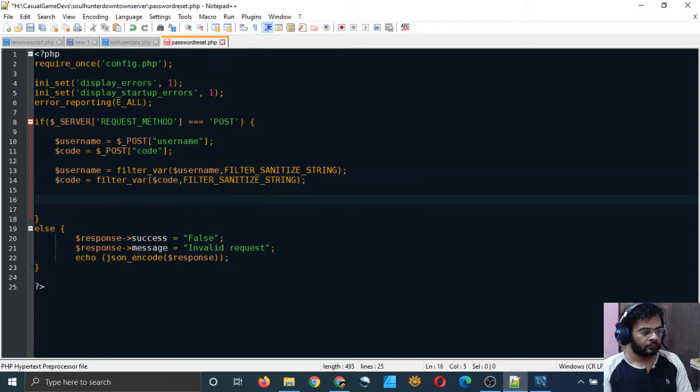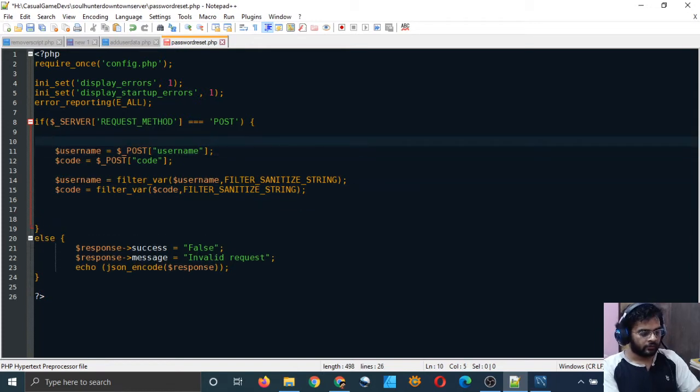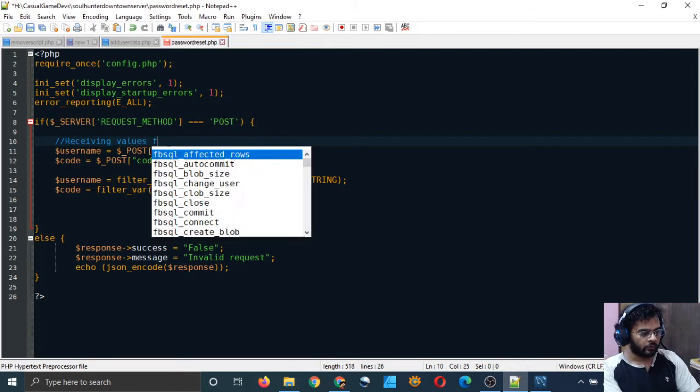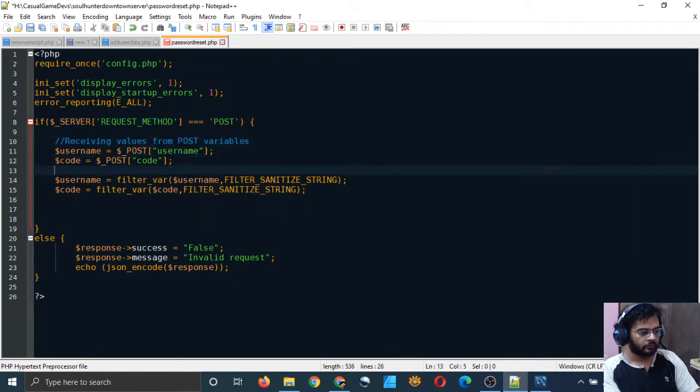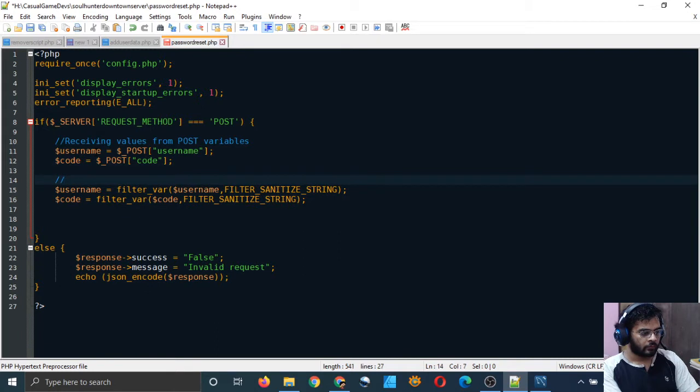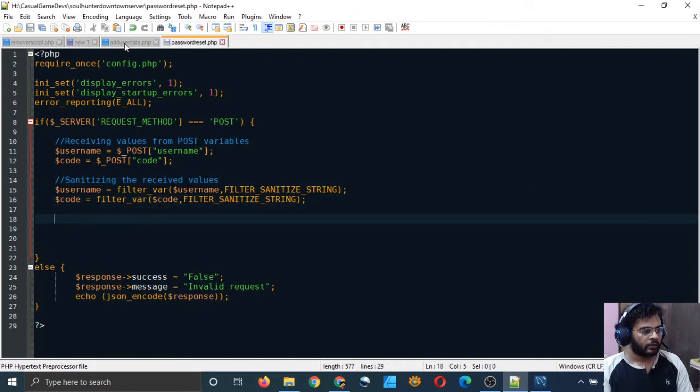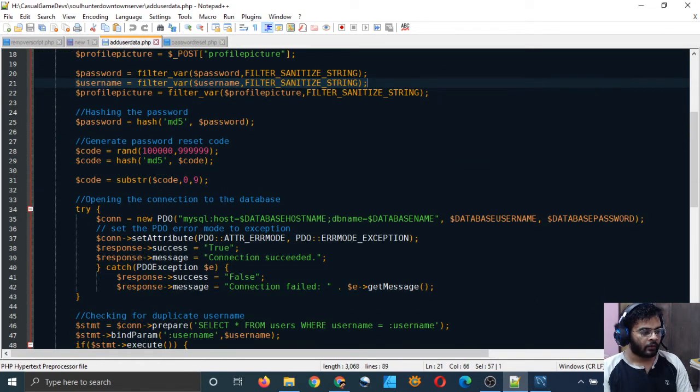Okay, let me type some comments here: receiving values from post variables, sanitizing the received values, right? So that's what we did.